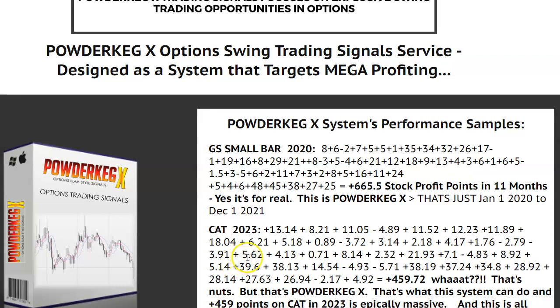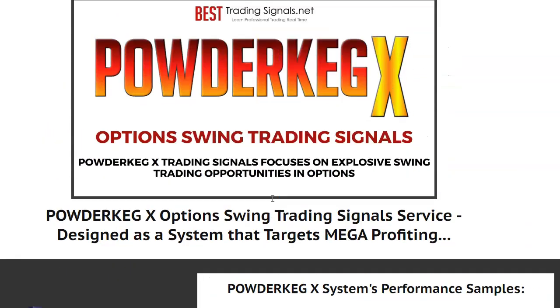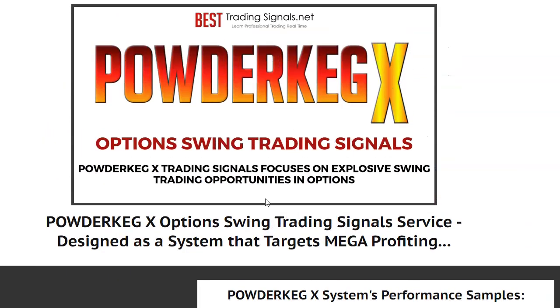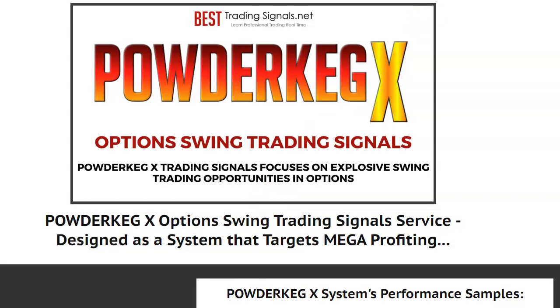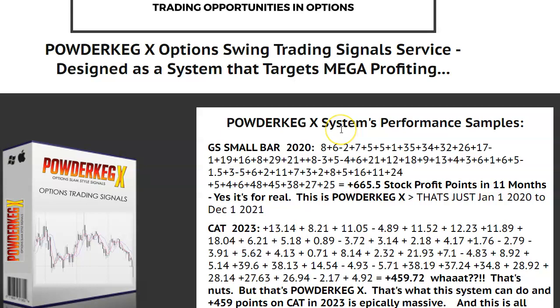Okay, back to POWDERKEG X. Let me explain it a little bit more. It's swing trading. We put on options positions, buy calls, buy puts, in order to take these types of good reward to risk ratio math trades. Your winning percentage should be pretty good, okay, but